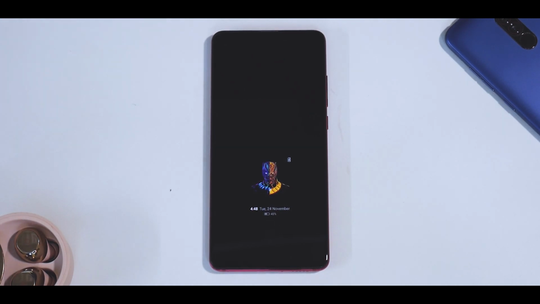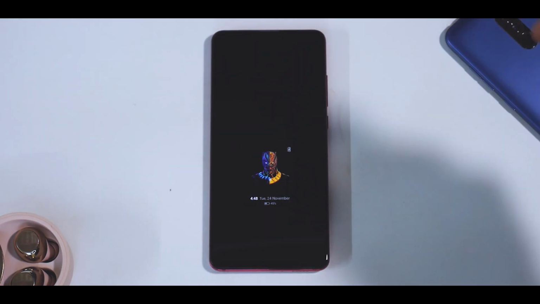Now that is the thing about me, I like always on displays as much as people would say that they consume battery, and the reason I stay mostly on MIUI based ROMs is because maybe they are not that, definitely they are not that smooth compared to AOSP ROMs, but they give you a level of customization which is really nice.